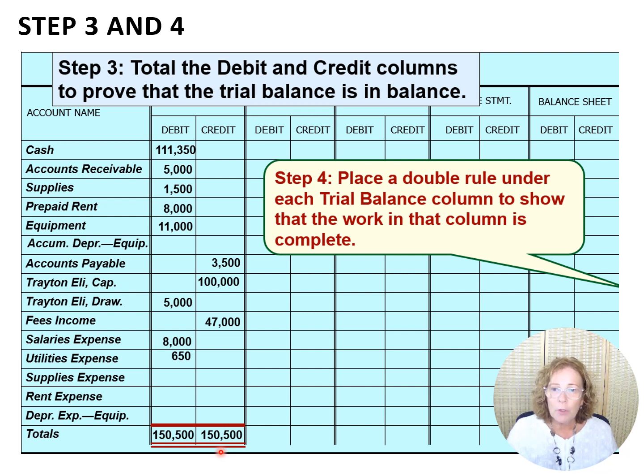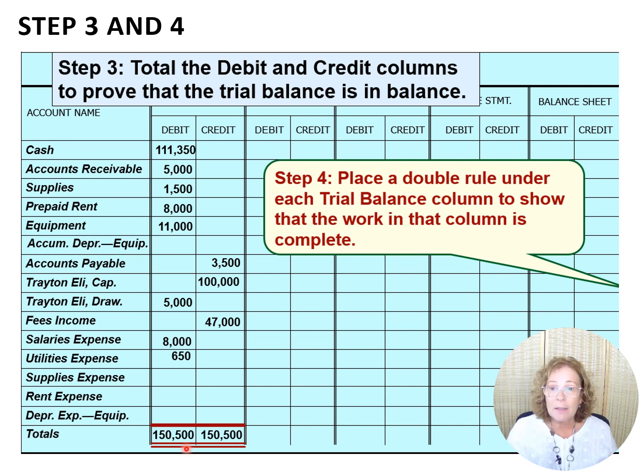As a starting point, I would look at the difference between the total debits and the total credits and see if the number is divisible by 9, which would mean you transposed a number. If you can't quickly see where you made a mistake, you will have to go back and look at each general ledger account to find the mistake. You can't proceed with the adjustments until the debit total equals the credit total.